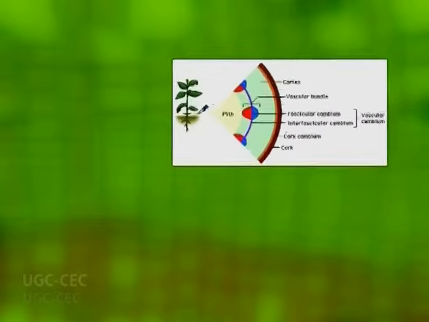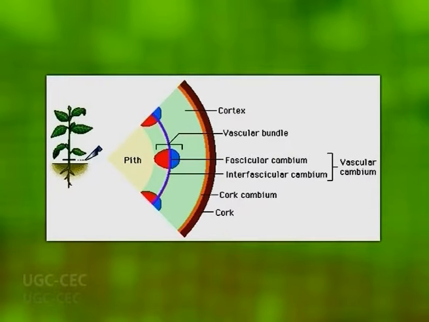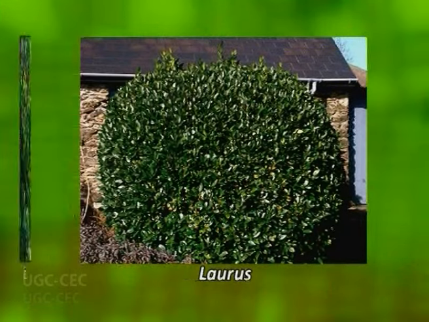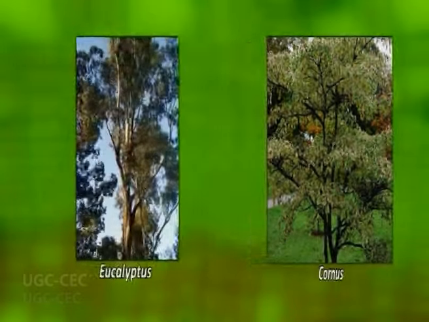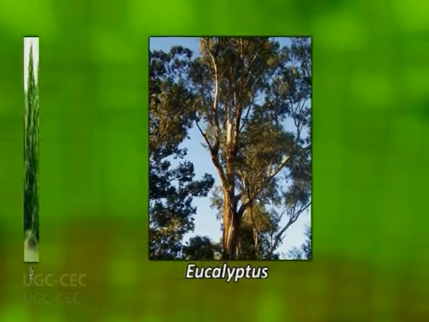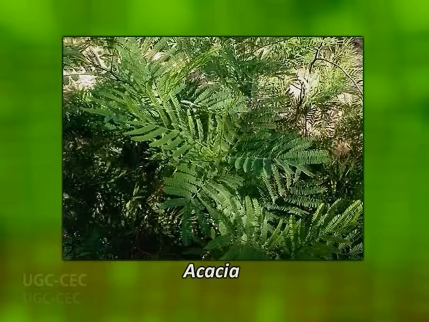The development of the periderm sometimes commences only after the production of the secondary vascular tissues has reached considerable dimensions. In such cases, the circumference of the epidermis increases together with the secondary and other tissues on the outer side of the cambium. Examples of trees with the above type of development are Laurus, Citrus, Cornus, some species of Eucalyptus, Acer, and Acacia.